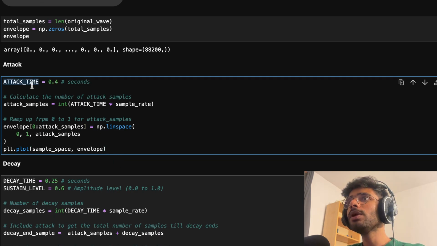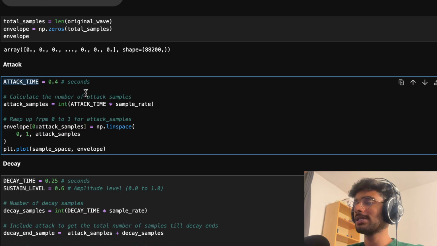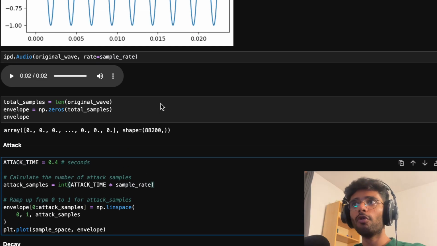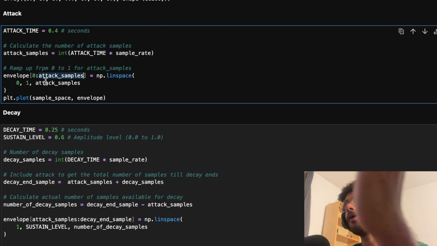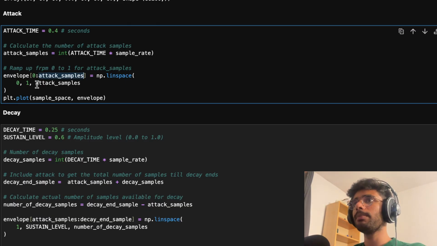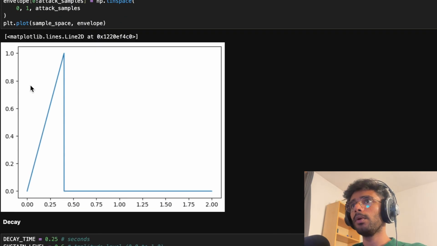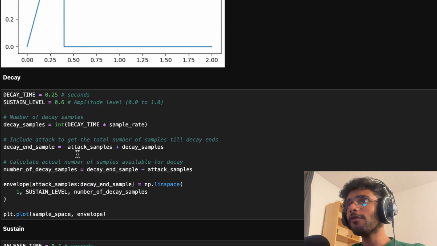So we know that we need to attack for 0.4 seconds, so it's going to take 0.4 seconds to reach the maximum amplitude. So now to convert the seconds into the number of samples, we need to just multiply it with the sample rate like we did before to create these waveforms. And then we know that for the duration of the attack samples, we just need to linearly ramp up to 1. And we already have the first part of our envelope,